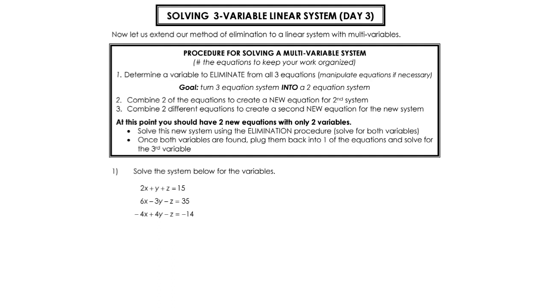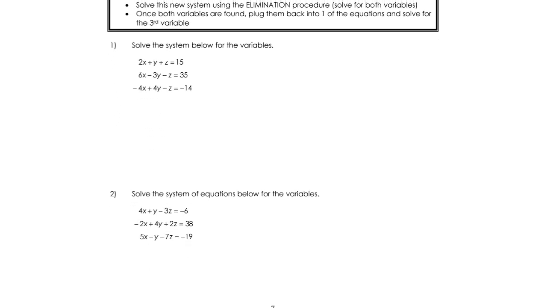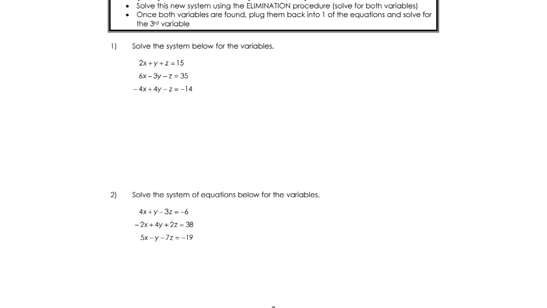Okay, we are on unit 0 and we are doing day 3, solving a 3-variable linear system. We're going to go through these steps up top as we go through our system. And here is our first goal. We're going to take the system of 3 equations and turn it into a 2-equation system. We can't do that unless we eliminate a variable. And we're going to do 2 steps where it eliminates a variable, thus turning it into a system of 2